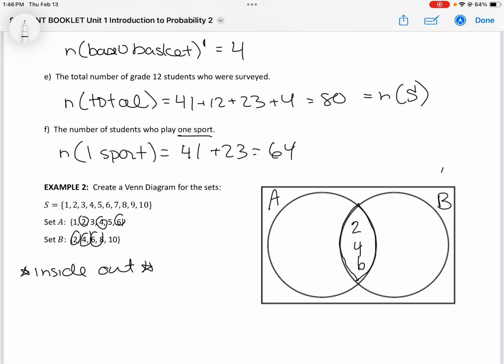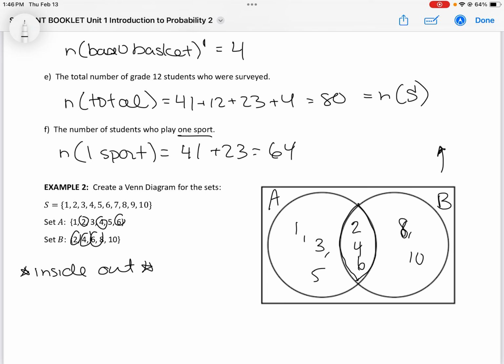And this is a different way of representing a Venn diagram. Okay, the way above was that we represented the total number of people in each set. Now we're actually listing the elements. And so in set A, we've already taken into account 2, 4, 6. The ones that are left are 1, 3, and 5. And in set B, the numbers that are left are 8 and 10. And then we want to just go through all of the numbers from 1 to 10, the universal set, and anything that didn't fit into set A or set B,